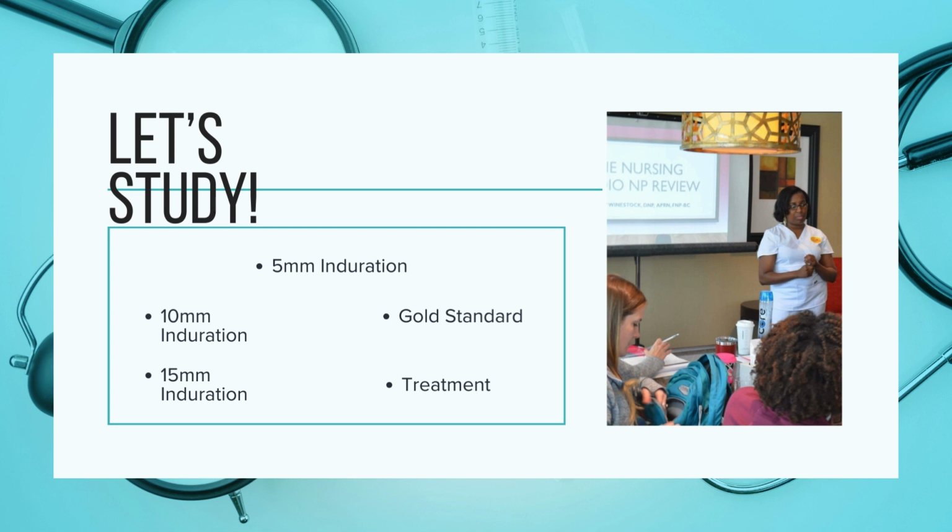All right, here's one. A 66-year-old female presents with complaints of night sweats, cough, and states that her roommate was recently diagnosed with tuberculosis. PPD test shows a 5 millimeter induration. What is the next step the nurse practitioner should take? Is it A, prescribe levofloxacin, B, obtain a chest x-ray and sputum culture, C, obtain an ultrasound, or D, none of the above? Tell me what you think in the comments.